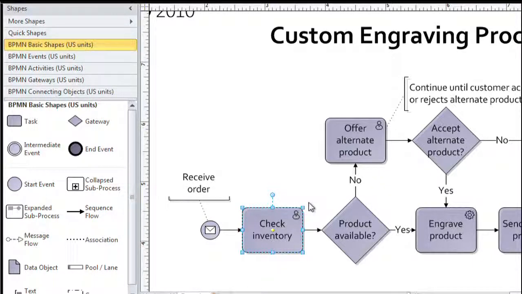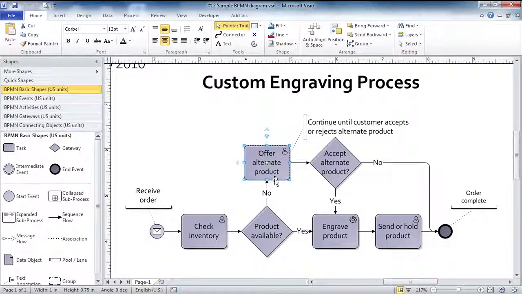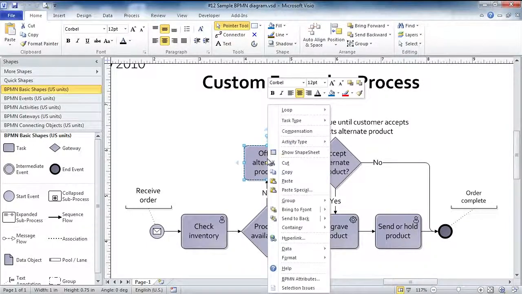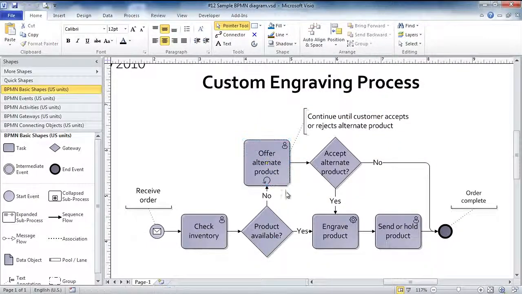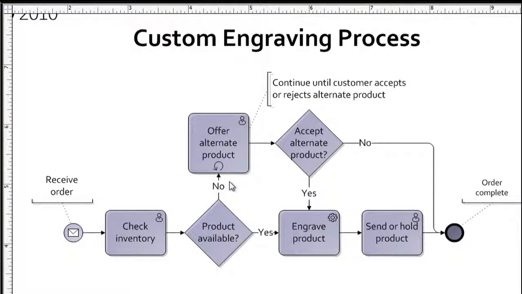that shape. Similarly, I know that as we offer a customer an alternate product, if we don't have the one that they originally selected, I know that this is a loop, and we can see a comment to that effect: continue until customer accepts or rejects alternate product. To indicate that visually, I right-click, slide up to loop, and select standard. And now, in the bottom center of that shape, I see a little arrow that visually indicates that this is